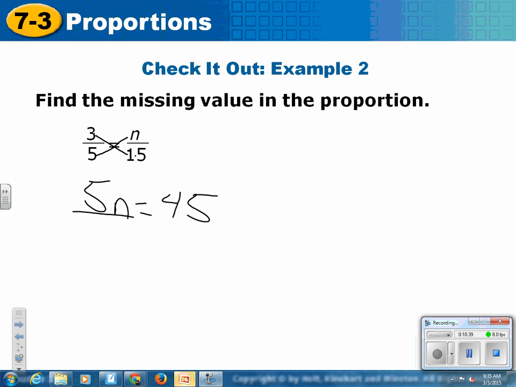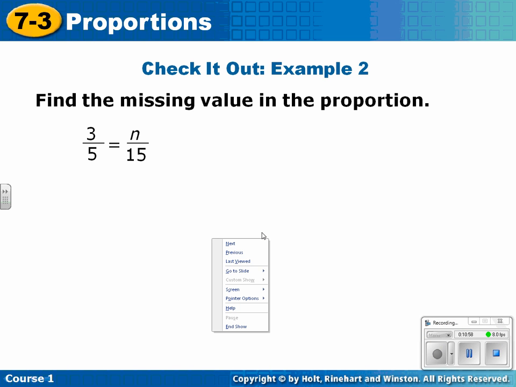What's happening to the variable is it's being multiplied by 5, so the exact opposite is divide by 5, and we do it to both sides. We're left with n equals 45 divided by 5, which is 9. Okay. Now the next one